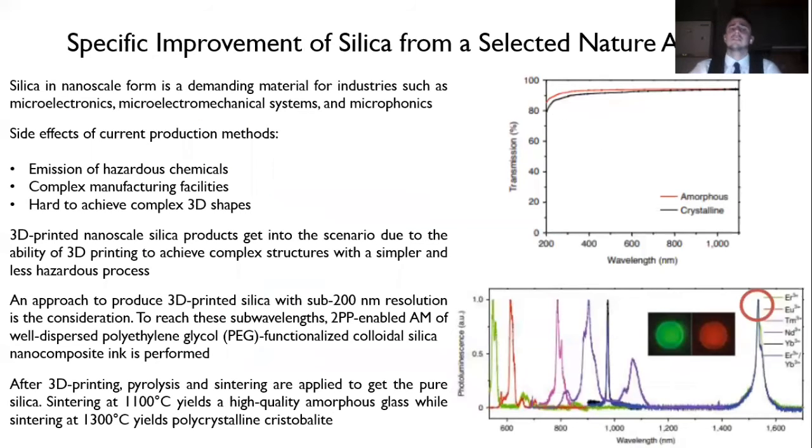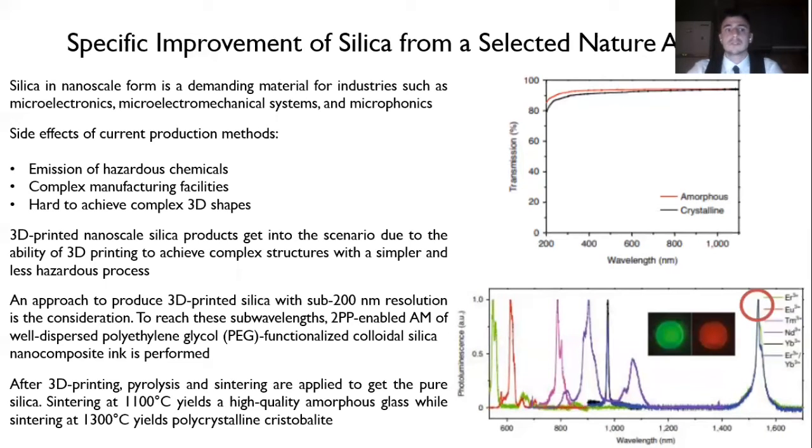So for a specific improvement of silica from a selected Nature article, we will talk about a change in the manufacturing method of silica. Silica in nanoscale form is a demanding material for industries such as microelectronics, electromechanical systems, and microphotonics. But side effects of current production methods are emission of hazardous chemicals, complex manufacturing facilities, and difficulty achieving complex